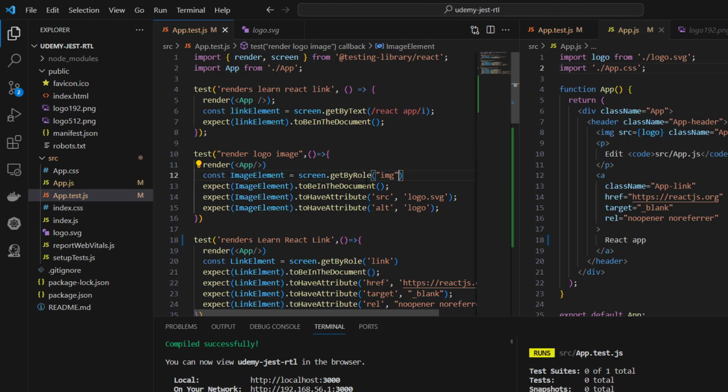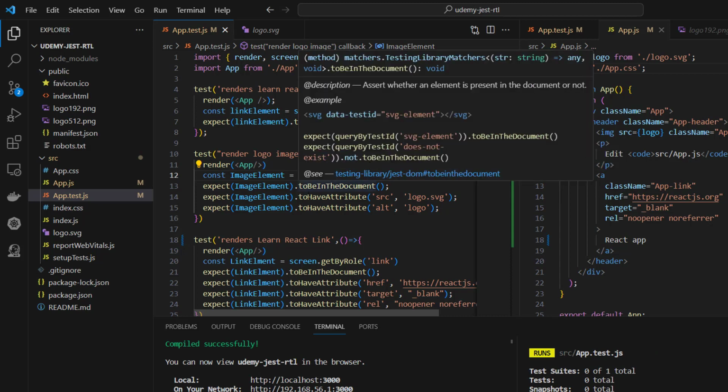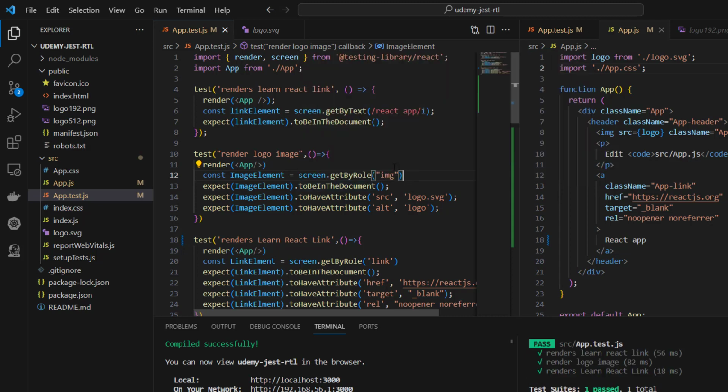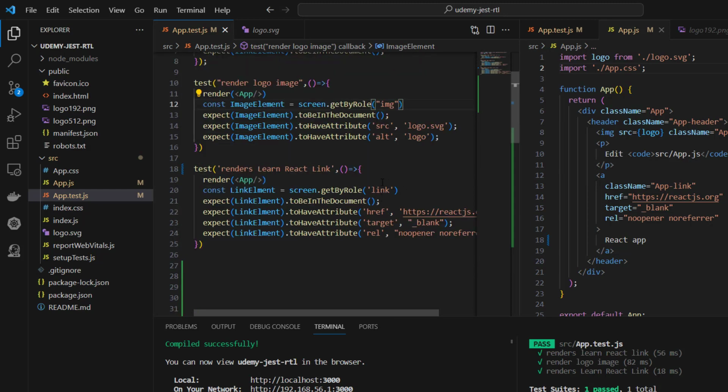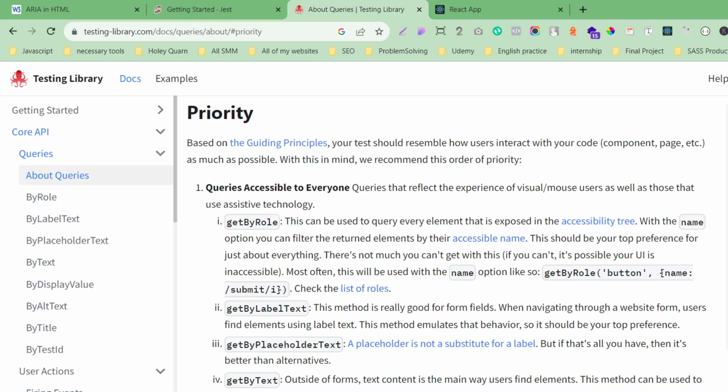the ARIA role. To use getByRole perfectly you need the ARIA role. ARIA role means the img tag or several tags. This is defined to grab that DOM by getByRole. You need the img roles. So from where can you get them? Yesterday, in the previous video, I showed you one Chrome extension. Its name is